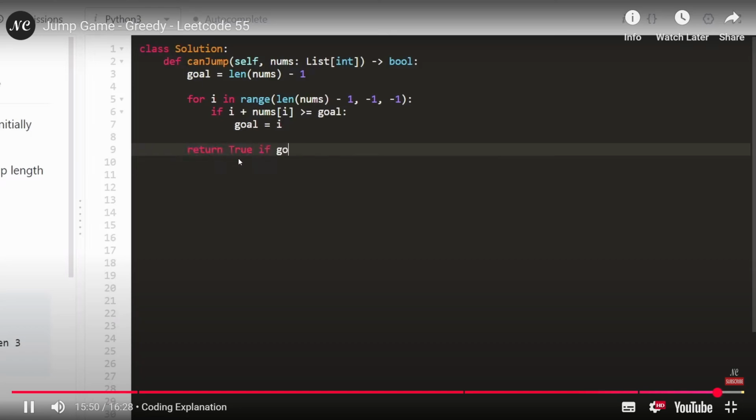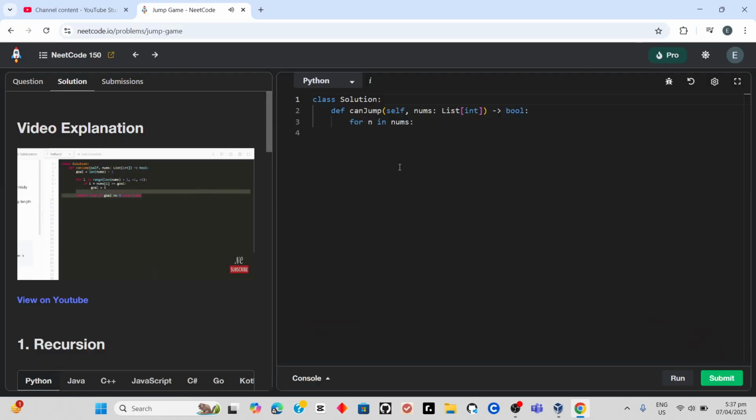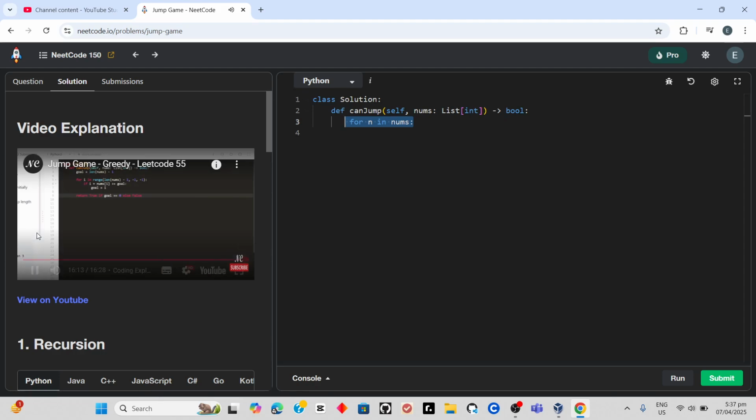Return true if goal is equal to 0, else return false. So this is how you solve jump game in linear time with the greedy solution. No extra memory is required, and this is how you do it in Python. In Java or C, it might just be 1 or 2 lines of extra code, but the general solution is the same. So hopefully you are able to code it up, and I